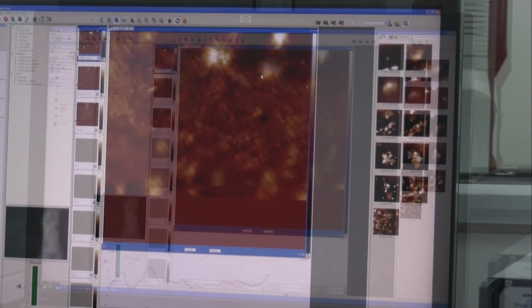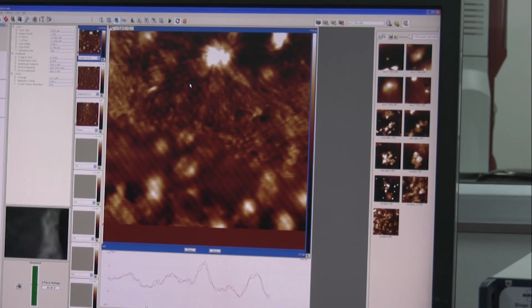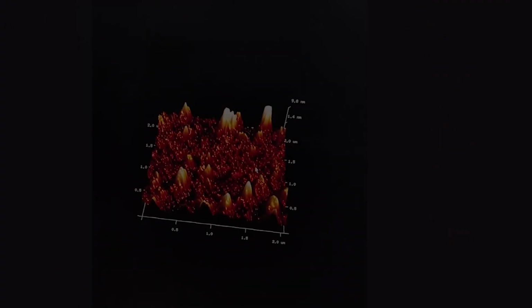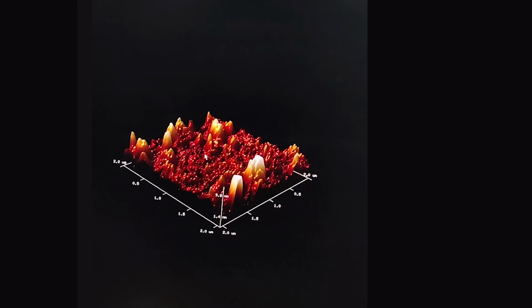The raised portions in the scan are visible as bright areas, while the deeper areas are represented in dark color. This is a 3D map of the sample surface that has been captured using atomic force microscopy.